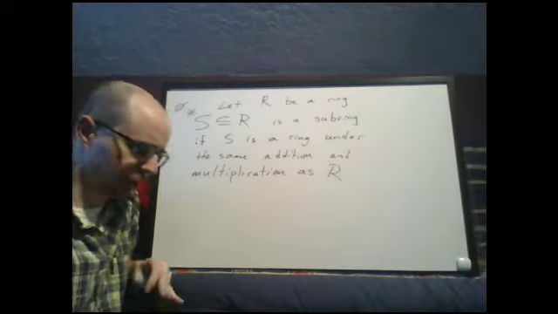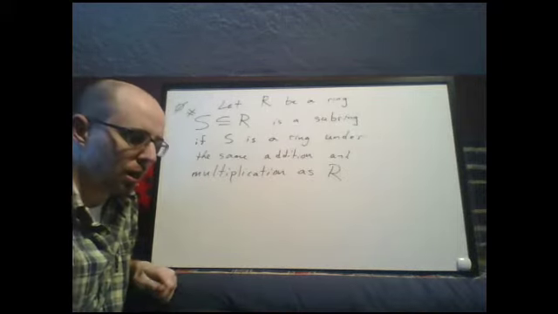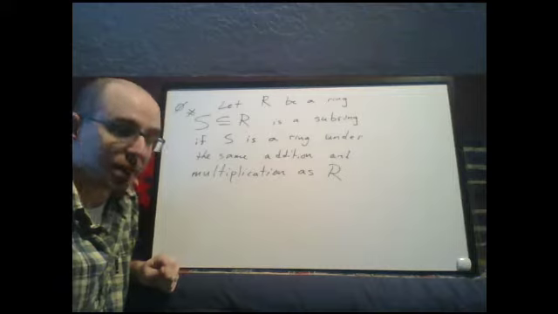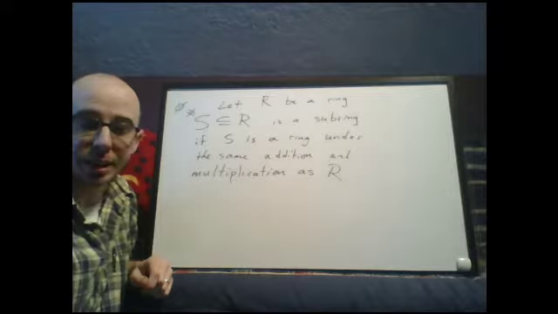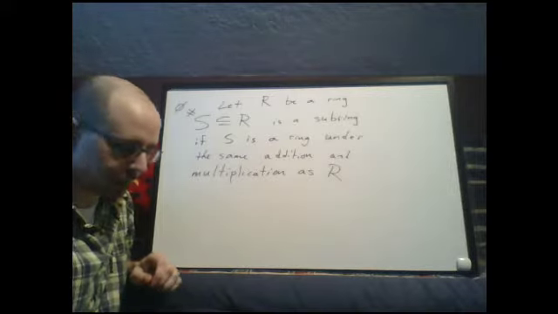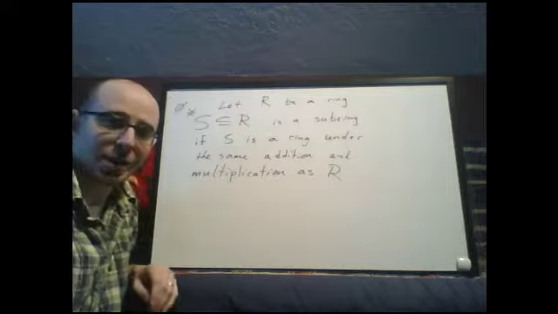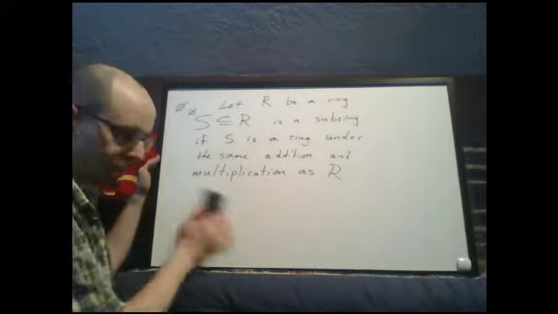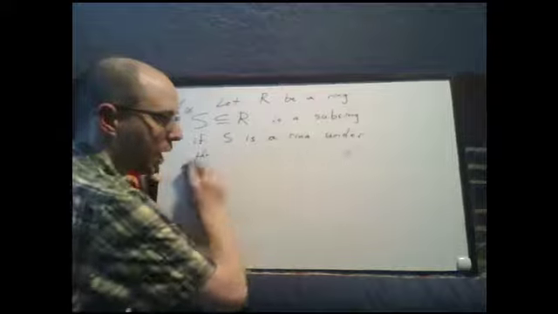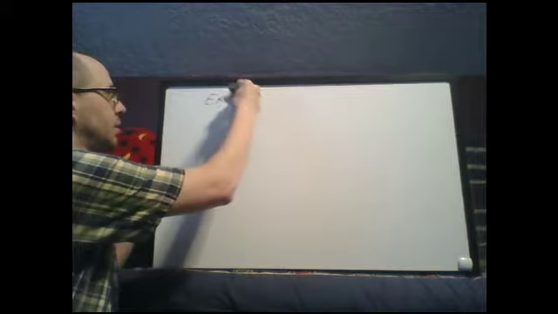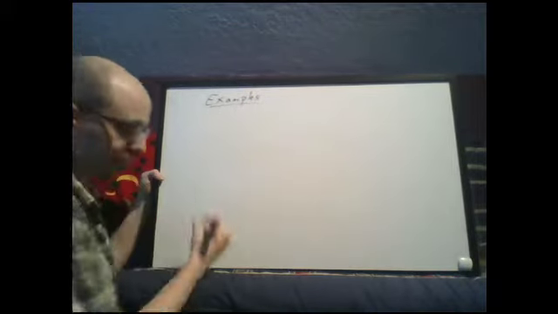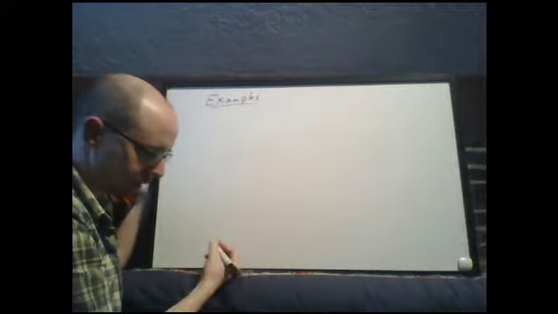So I need to define this, and I'll give you a few examples, but the concept of a subring is not going to be anywhere nearly as important to us as the concept of a subgroup was in group theory. There will be a specific type of subring later that we do care about more, but as a whole, subrings themselves are not as important. So examples. So for example,